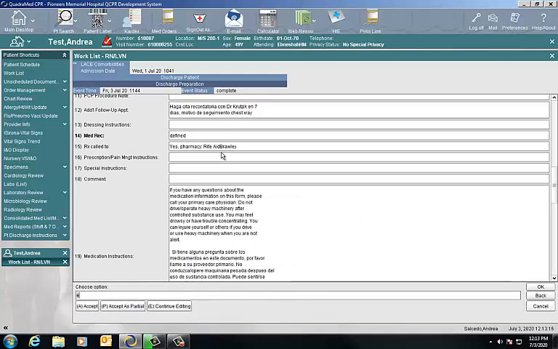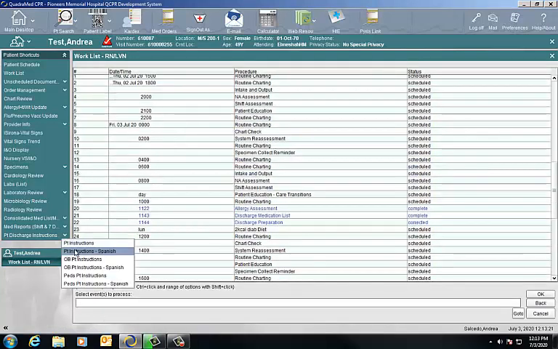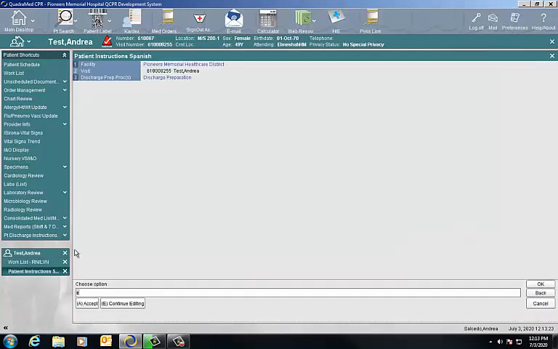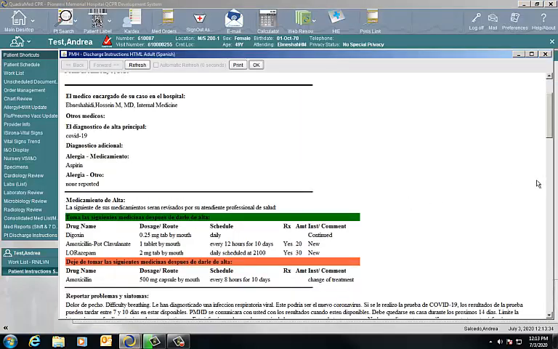Once I'm done, I can hit enter and accept, and then I can go to my discharge instructions, open that up, and select the Spanish version. The Spanish version, go ahead and click accept. We'll just also have all the headers in Spanish, so it's easier for the patient to read if that's their language. Here we have